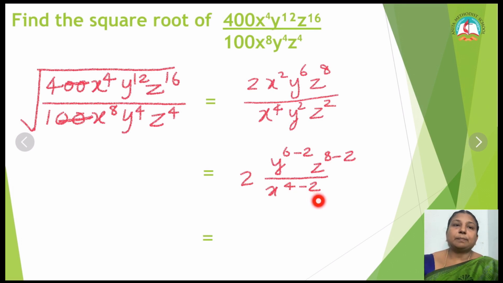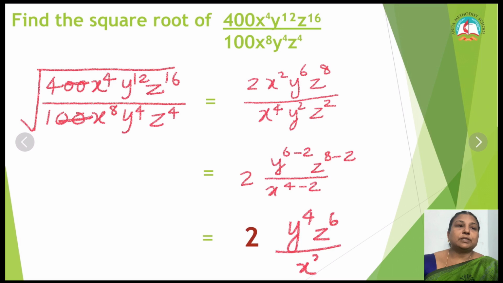So after subtracting, my answer will be 2 into x to the power y to the power 4 into z to the power 6 divided by x to the power 2. Next, what do I have to do, children? Yes, for the variable I have to put the modulus to get the absolute value. Okay, children. Next,